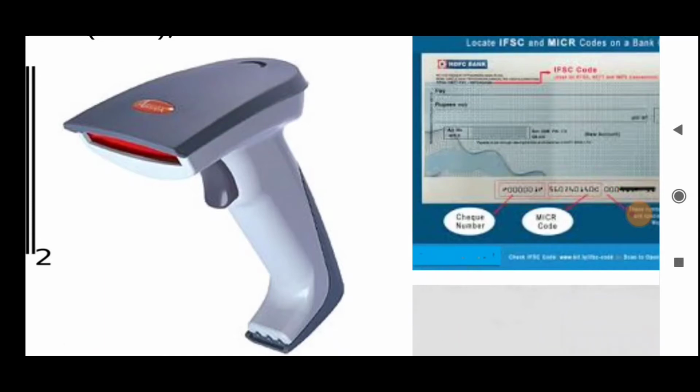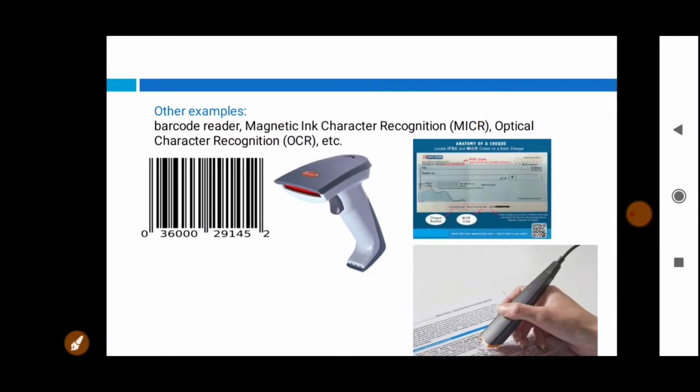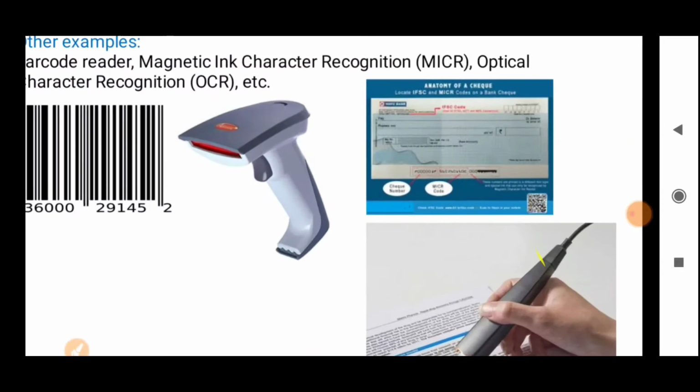That is nothing but your MICR code, which is magnetic ink character recognition. That number also has certain additional information associated with it. So simply when the check is inserted into the machine, it will get scanned and various other information is also processed along with it.